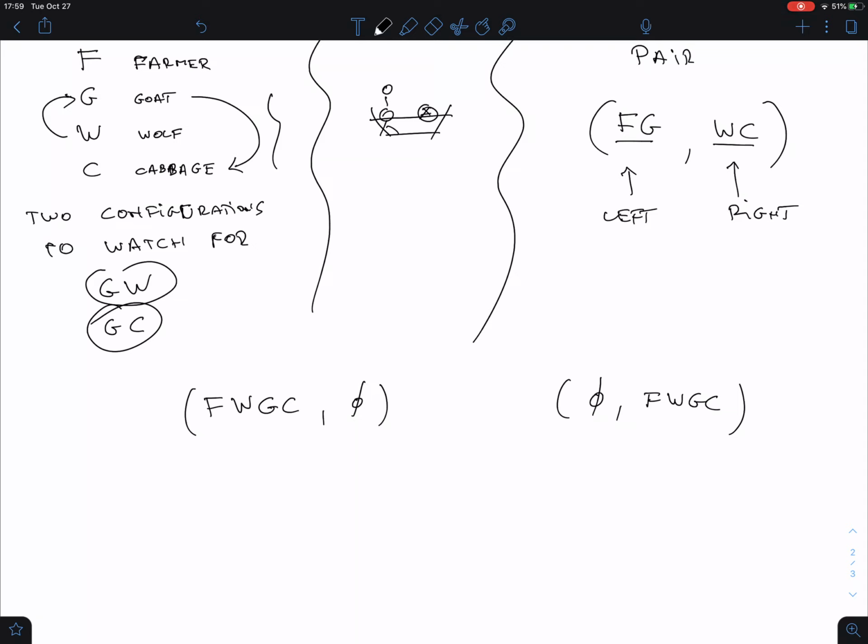So what we're looking for is, we will build the graph. Let's see, for instance, one thing we can do is, let's say the farmer takes his goat, sorry, the farmer takes his goat and crosses. After he does that, what happens then? The farmer and the goat are here, and the wolf and the cabbage are there. So this is a possibility for a crossing, and it's an acceptable combination, because we don't have any of